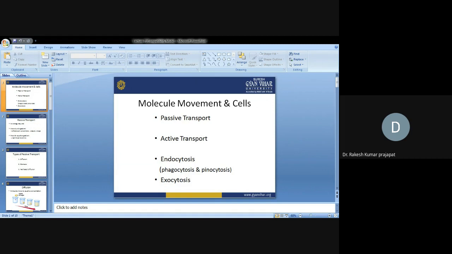If solute is more in the cell than outside, and the solute outside is less, meaning there are more free water molecules outside, water will move from the outer side into the cell. That is hypotonic. In the case of hypotonic, suppose we are placing a cell into a hypotonic solution.